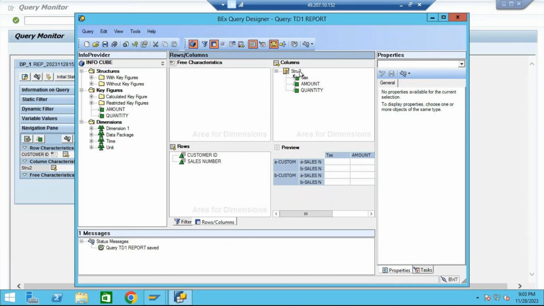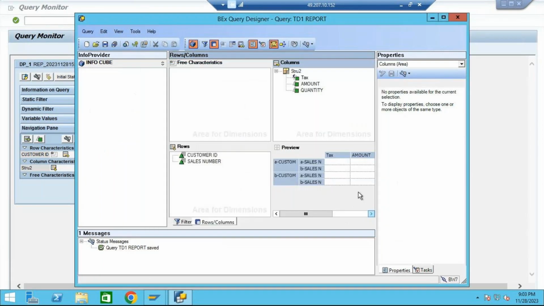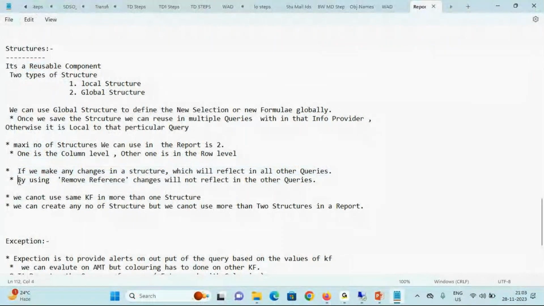We made some changes, right? Here. Then open. The changes are not reflecting here. Look at this, that is what the remove reference does. What is it saying here? By using this option, remove reference, changes will not reflect in other queries also. That is what the